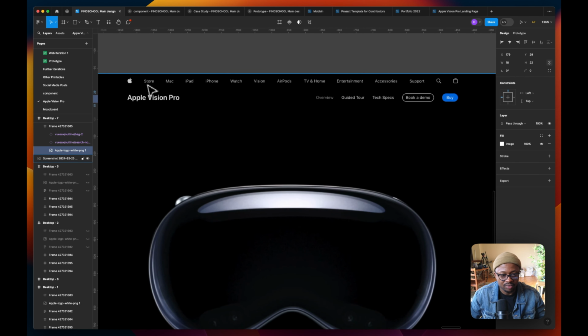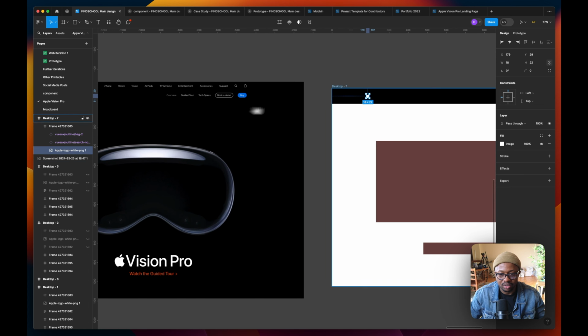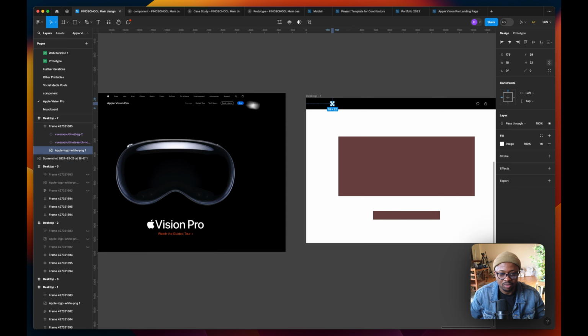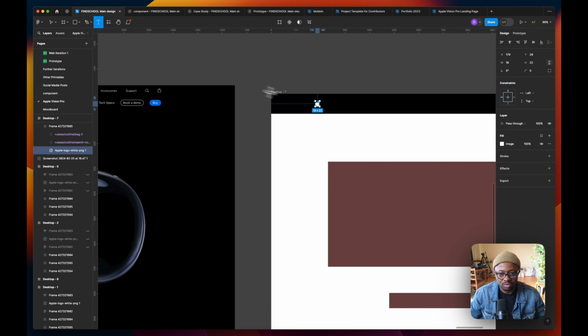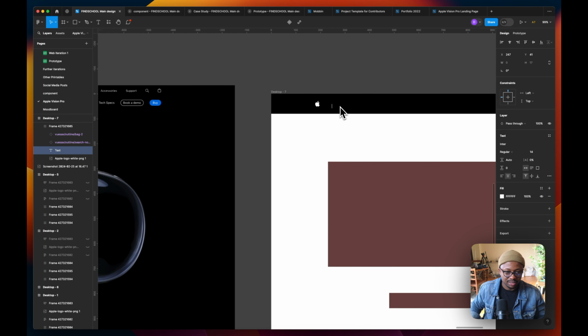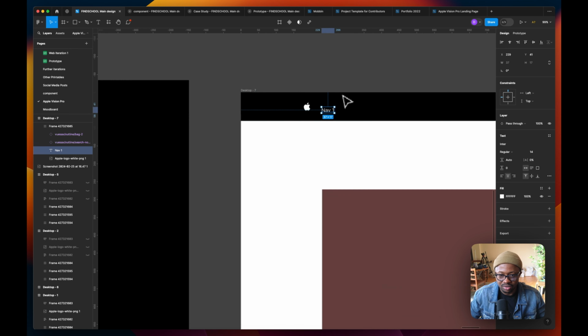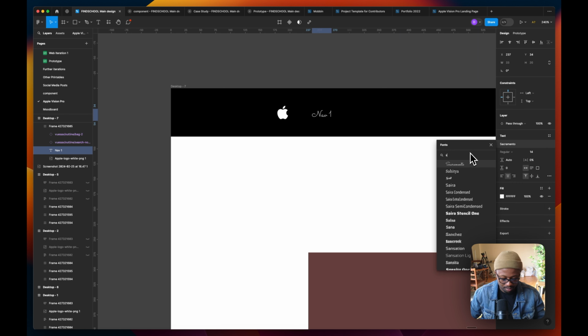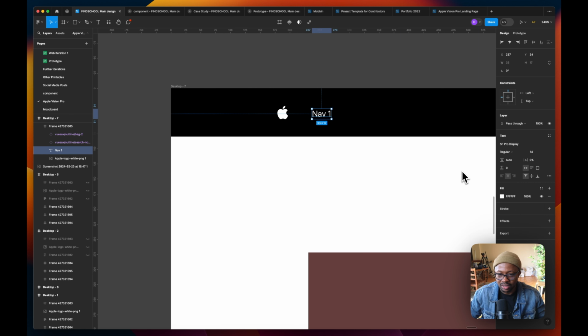If you look, we have the Store, Mac, iPad, so we want to get all of those text items, and they look like they have an even 16 pixel spacing in between them. So get your text and tap it inside your frame, and let's get our navigation going. So I'm going to use nav1. Apple primarily uses the SF font, so we'll go to our font and type SF. Let's say SF Pro Display. That's the navigation one. Let's make it about 16 pixels also,